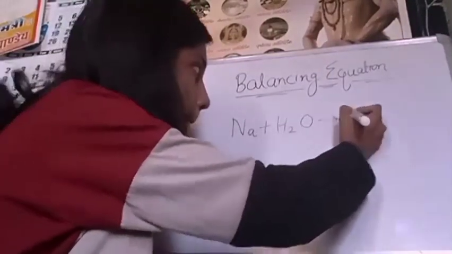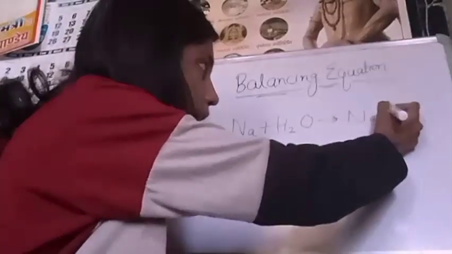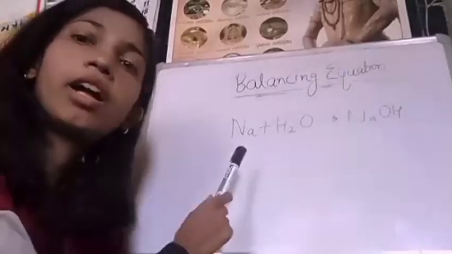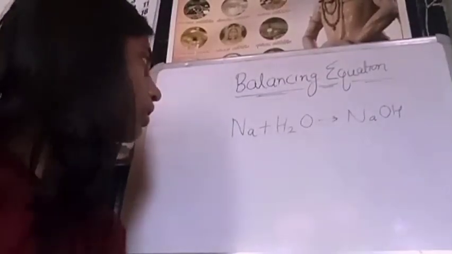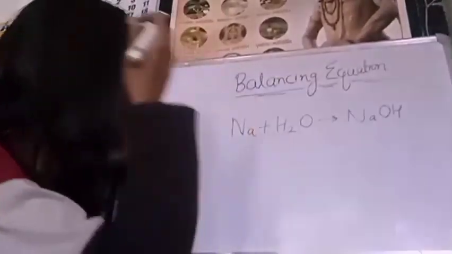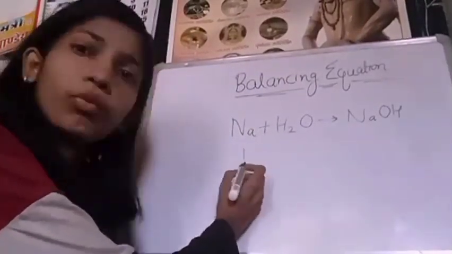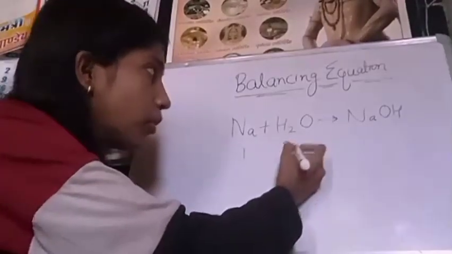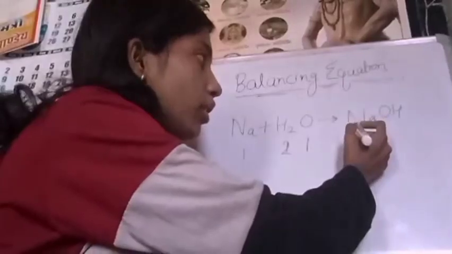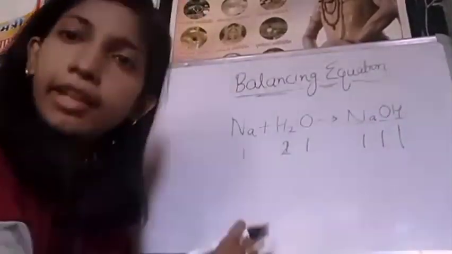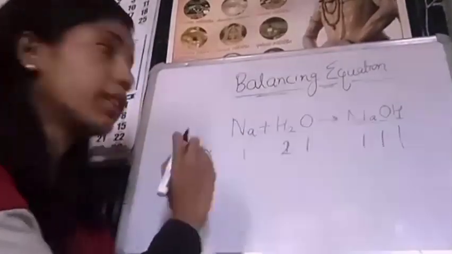H2O, NaOH. So how is the equation balanced? Find out whether the items are equal or not. Sodium 1 item, hydrogen 1 item, hydrogen 2 item, oxygen 1 item. Here is sodium 1 item, oxygen 1 item, hydrogen 1 item. Is the equation balanced or not? Not. Then